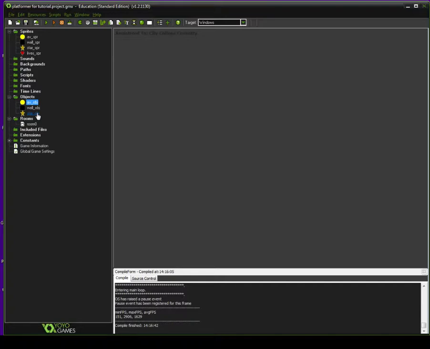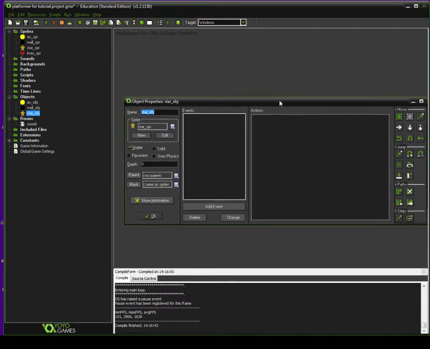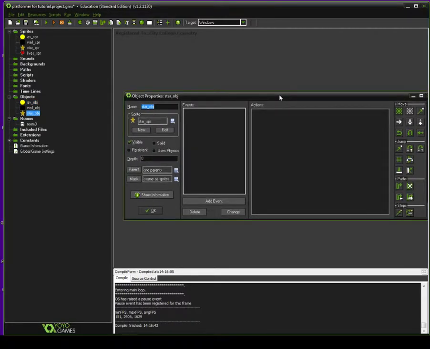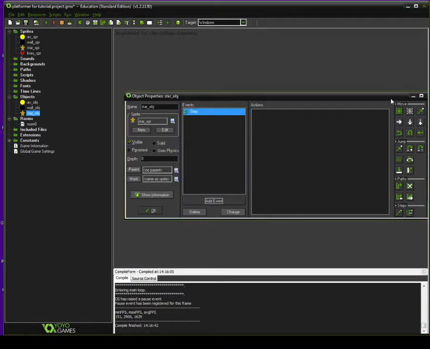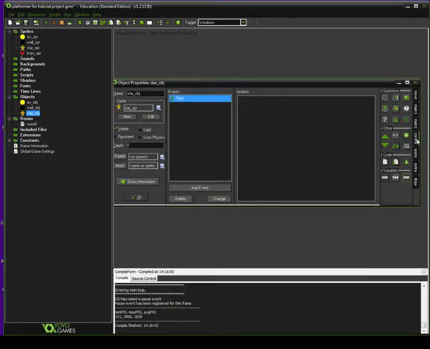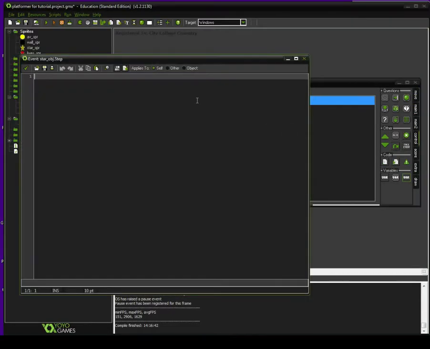To do that we need to go into the star object itself, so if we go into the star object, and what we're going to do now is we're going to go into the step event, so go add event and go step. Drag over a code block again from the control submenu, so drag over your code block, and what we're going to say this time, if place meeting